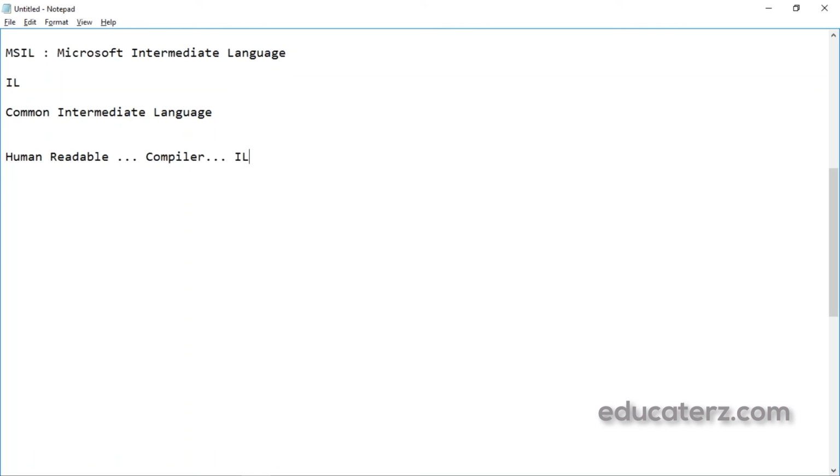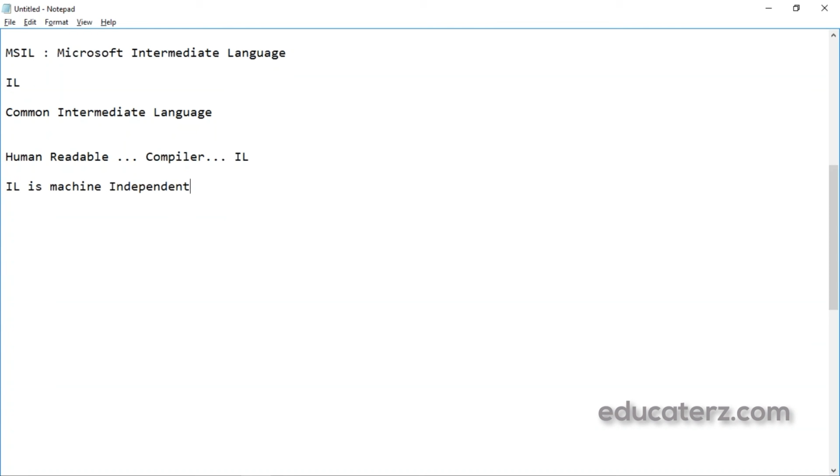Microsoft Intermediate Language is a CPU independent set of instructions that can be efficiently converted to the native code. So this IL is machine independent.